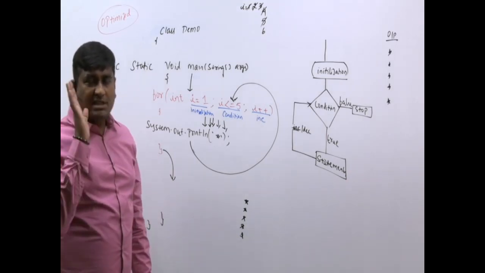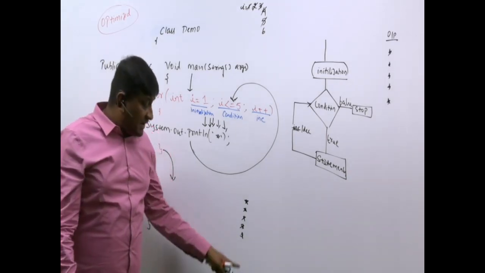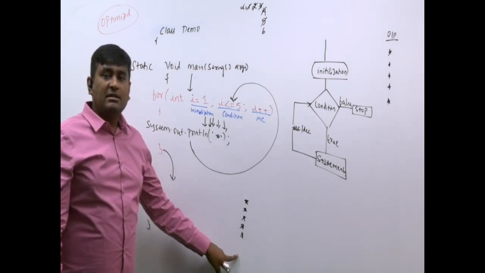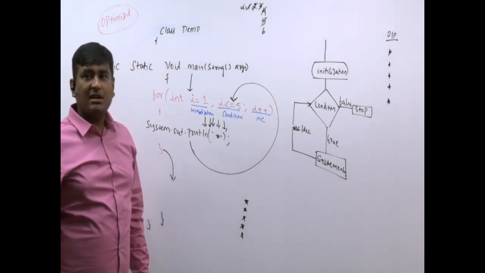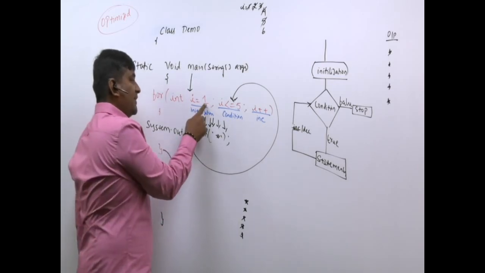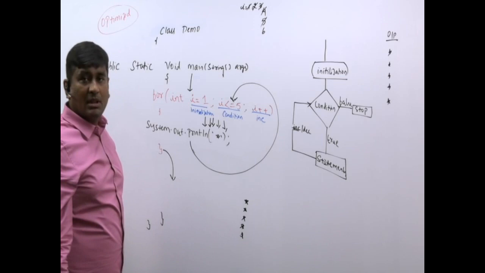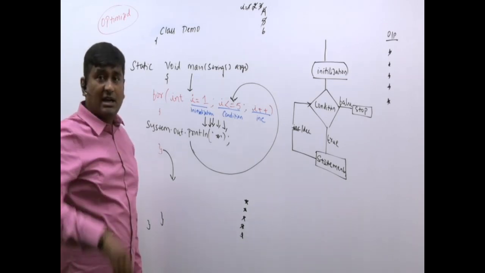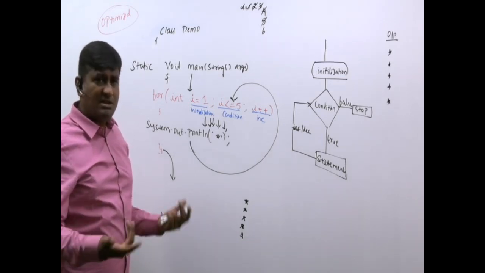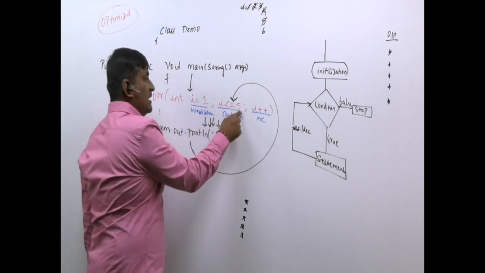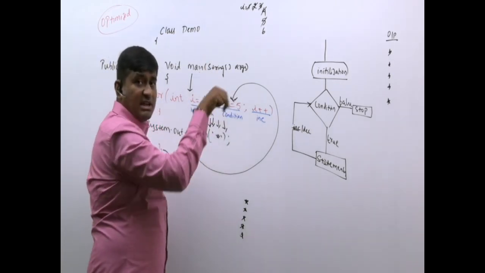Now little common sense you use and tell me. Just in case if I want to display 10 stars, then what change I should make here? Very simple, sir. Start displaying first star till how many stars? 10 stars. So 5 should be replaced with what? 10. I want to display 100 stars. Then tell me what change I should do? Very simple, sir. Start displaying 1 star till 100 stars. So 5 should be replaced with 100.